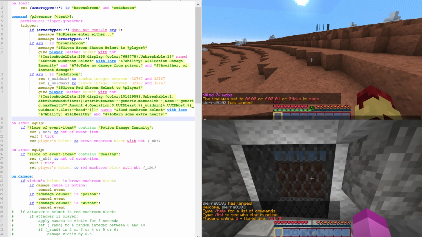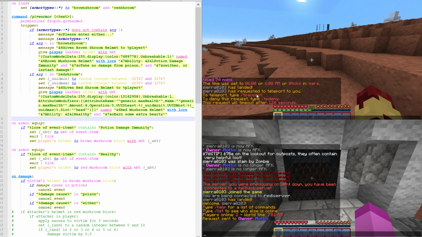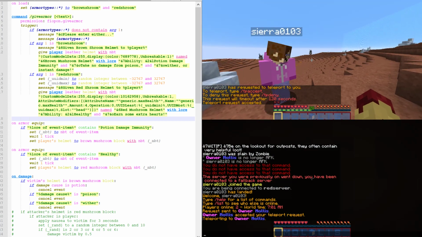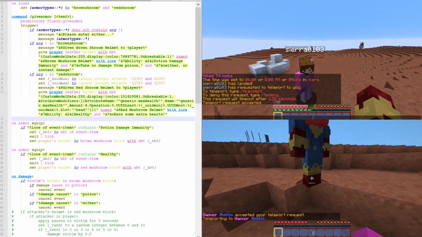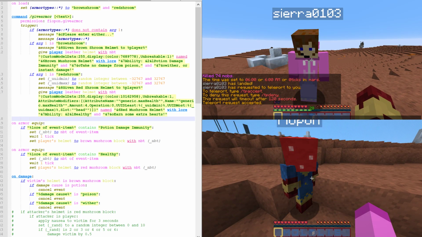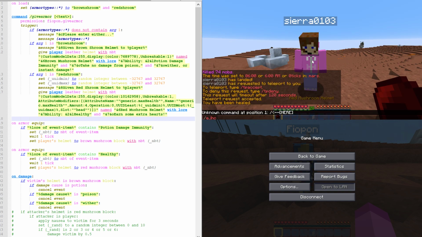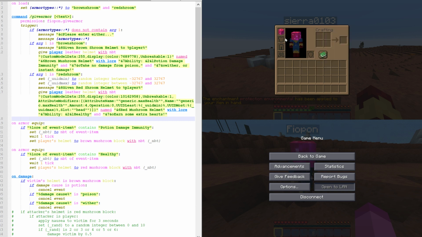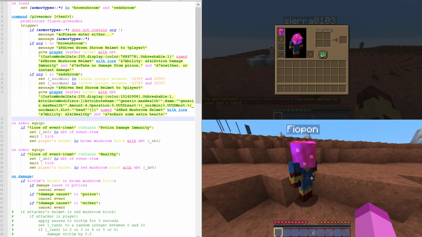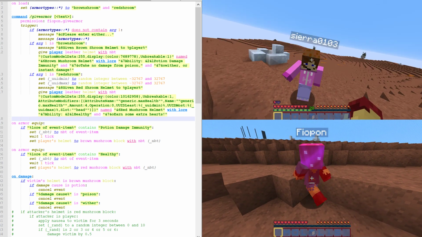Wait a second. Oh, no, okay. Okay, so that works properly. Let me try something. Okay, protection 1, this has. You see it still has protection. That's something I implemented. Oh, yes, protection does seem to...